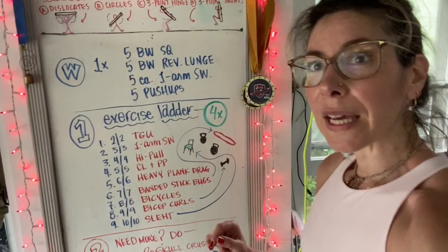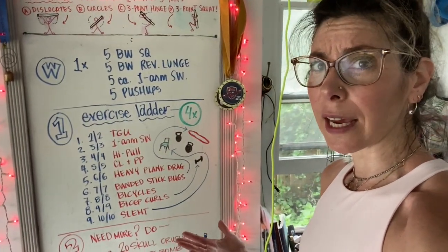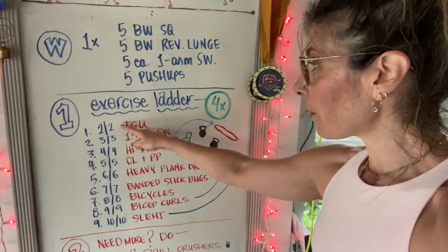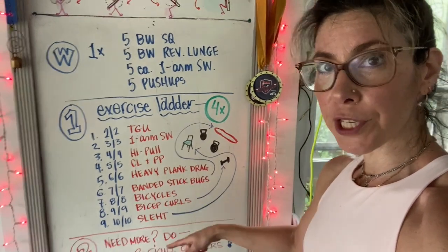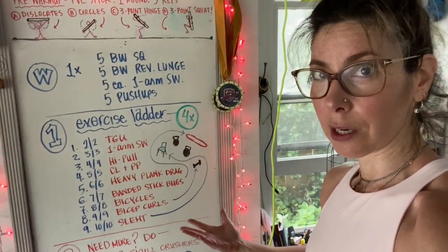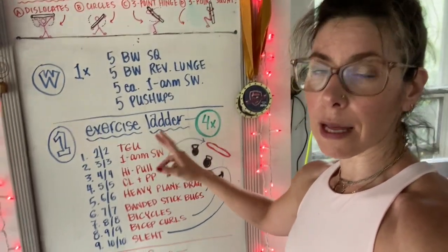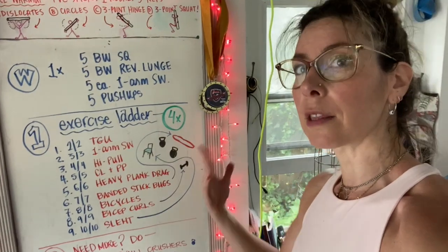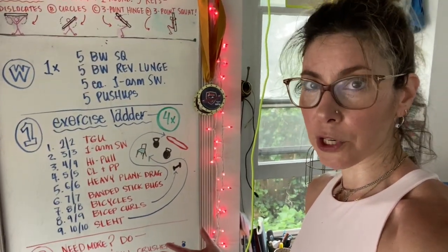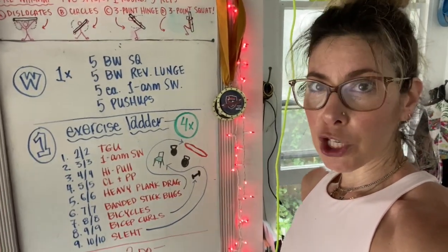Just once. The big, chunky first circuit, possibly your only circuit today, but I hope not, is 9 different exercises, laddering up 1 rep per side as you move through this circuit, which you will do 4 times. 2 Turkish get-ups. That means you're gonna do 2 on your right, then 2 on your left. 1 arm swings, 3 of those per side, 4 high pulls per side, a clean and a push press, 5